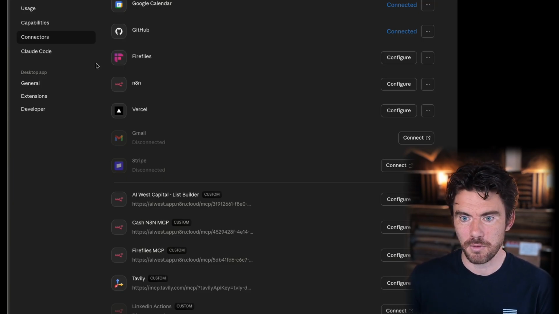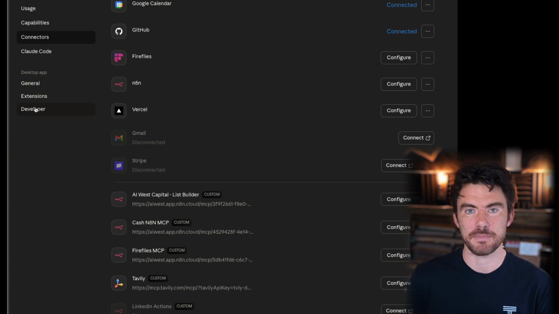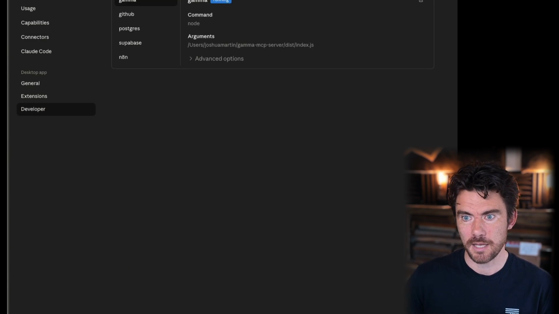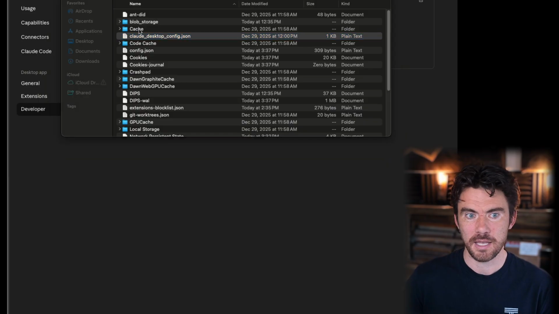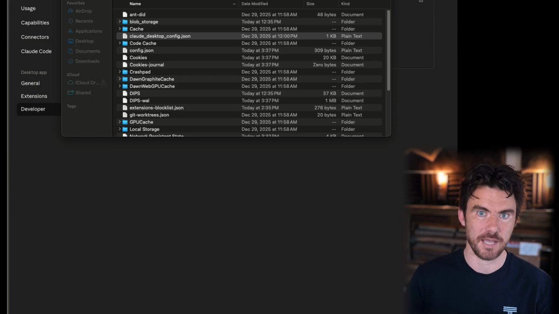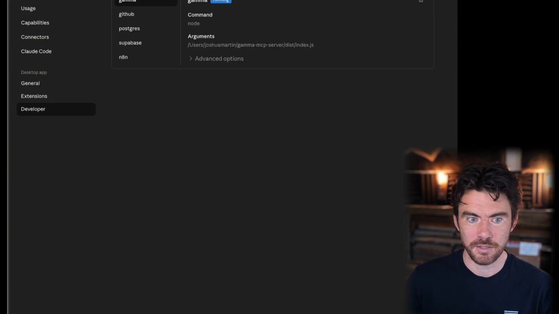So basically, all you have to do to add an MCP desktop server is go to this developer tab here, and then click edit config, and it's just going to take you to a folder. And you can click on Claude desktop config, and it's just going to, I'm not going to show you mine because it has all my API keys in it, but it's just going to take you to a text editor window. And all you'll do then is copy and paste these